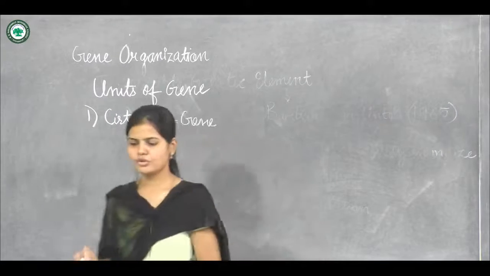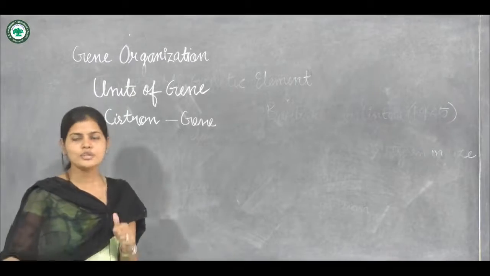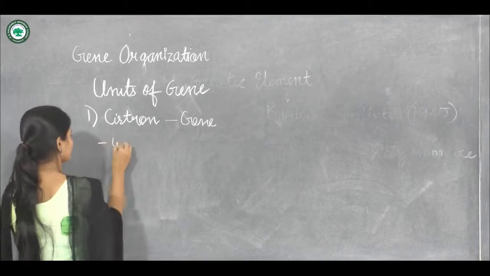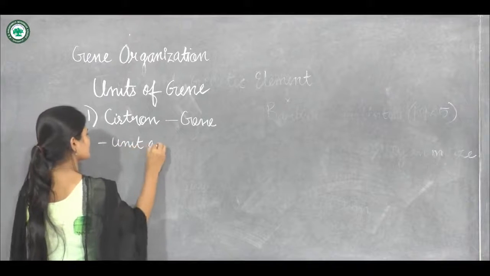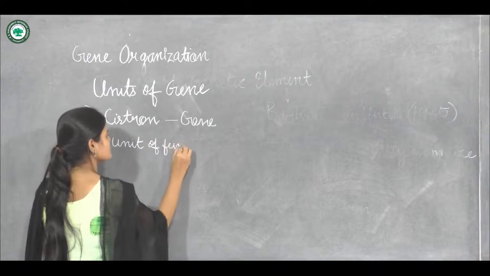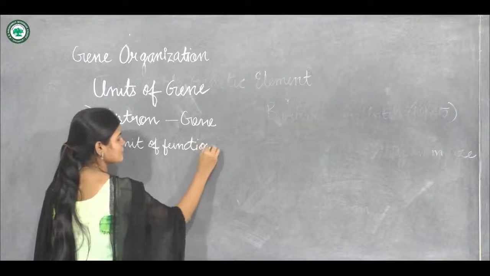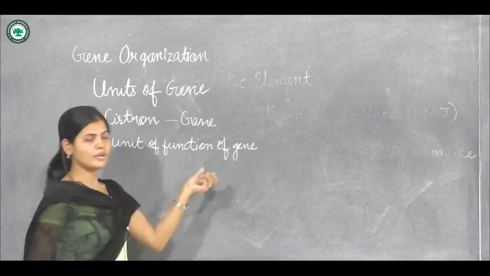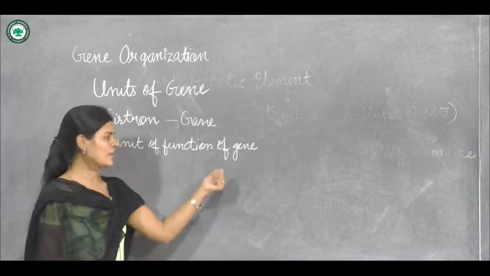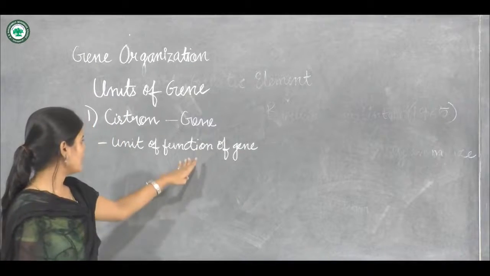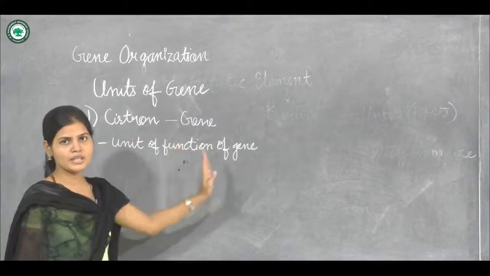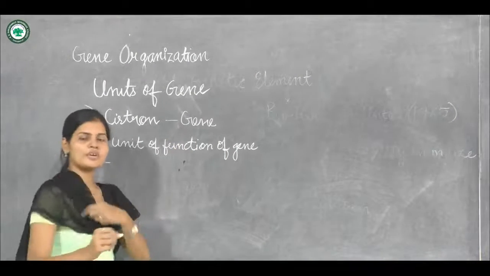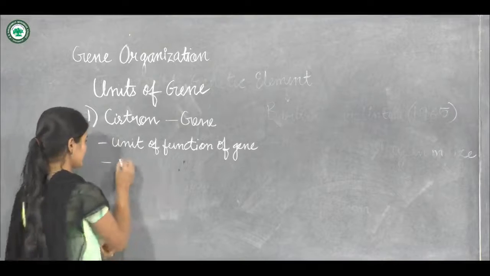Cistron is called the unit of function of a gene. So it is the unit of function of a gene. And what are the functions of a gene? That is the transfer of genetic information,